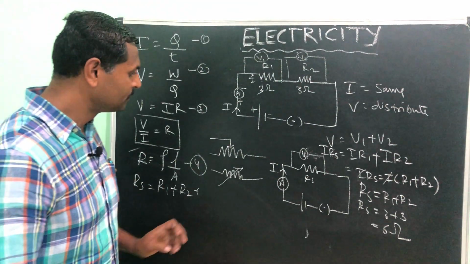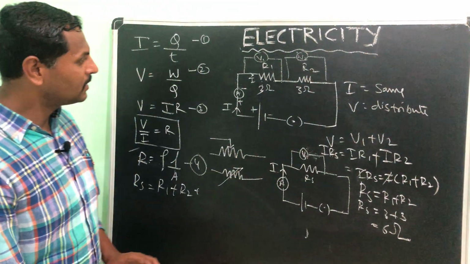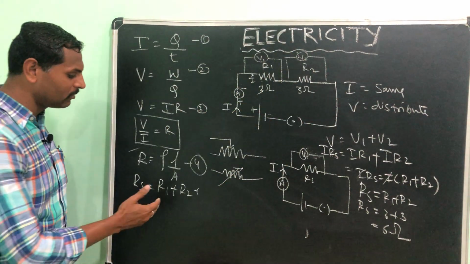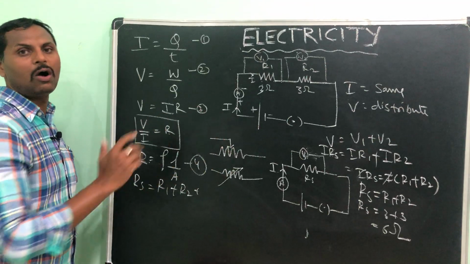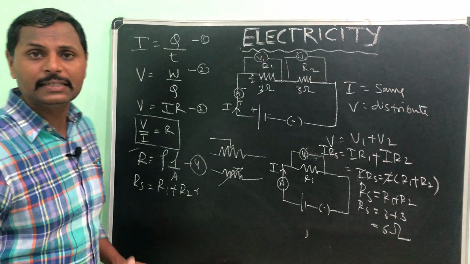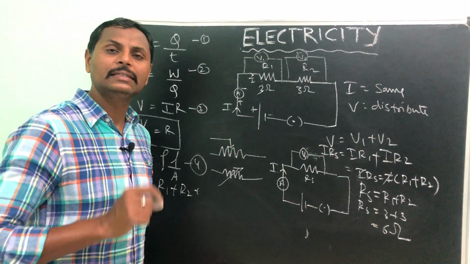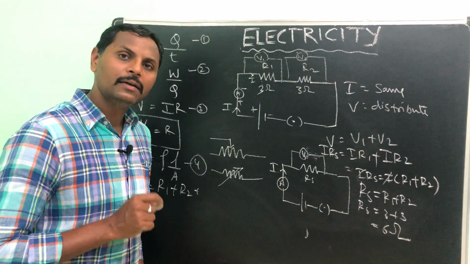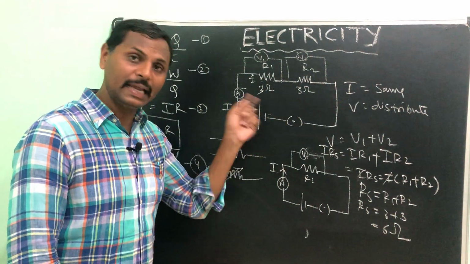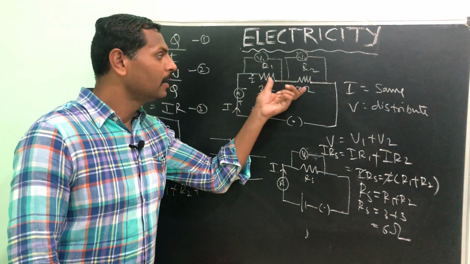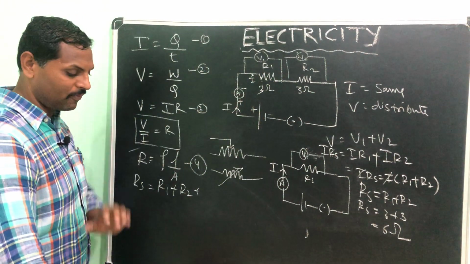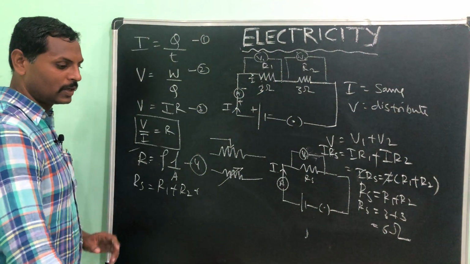Okay, right then. So we just discussed, if the resistances are connected in series, then that will be R1 plus R2 plus R3 and so on. That means if you want to increase the resistance, you have to connect the resistances in series only. So if you want to increase the resistance in a circuit, simply connect the resistances in series. This type of connection we call a series connection, right?